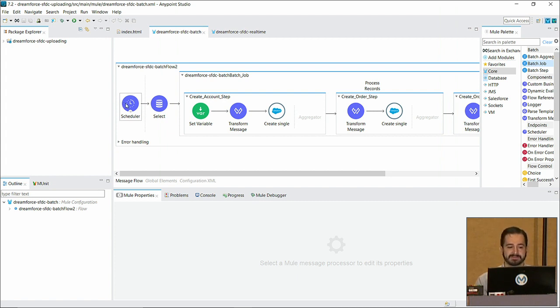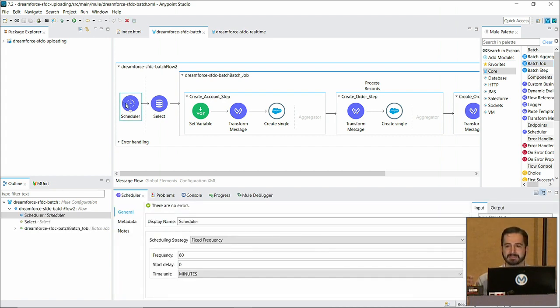Usually the first component is my event. In this case, I have a timed scheduler. It shows that this is scheduled to trigger this batch job every 60 minutes. And then that triggers the rest of the components in my flow. So I take that event and I move from left to right